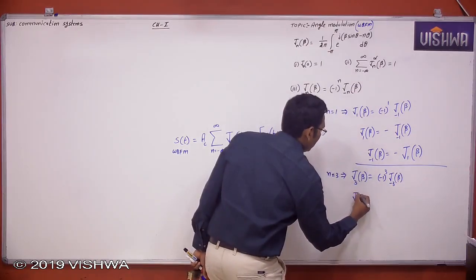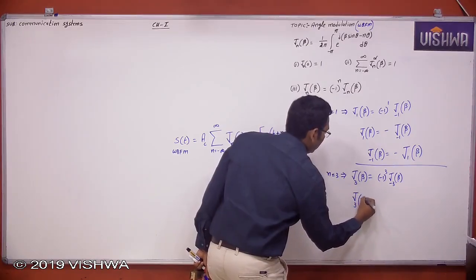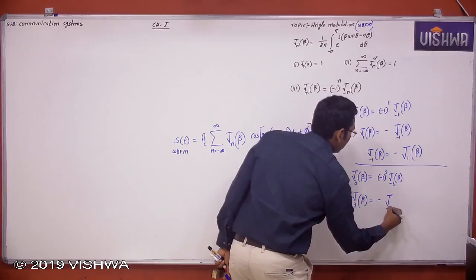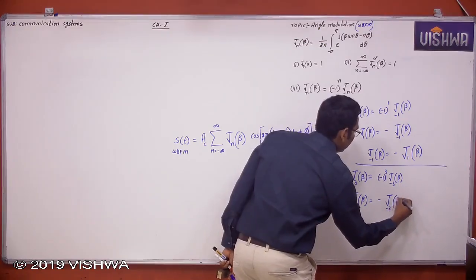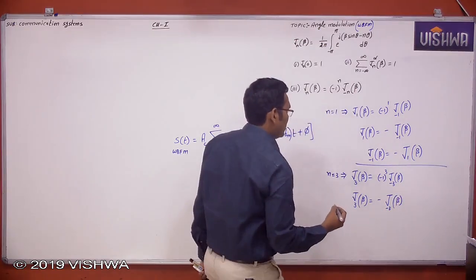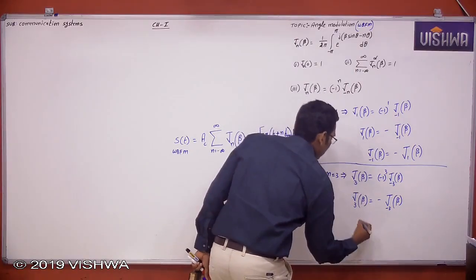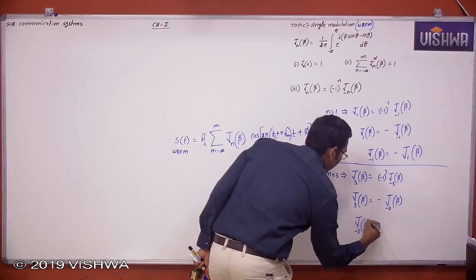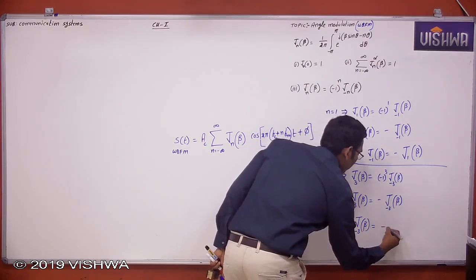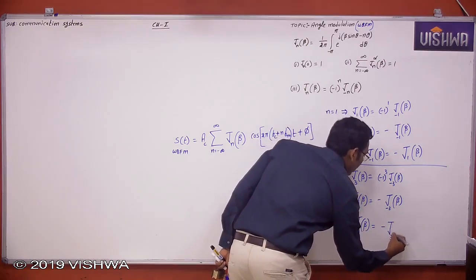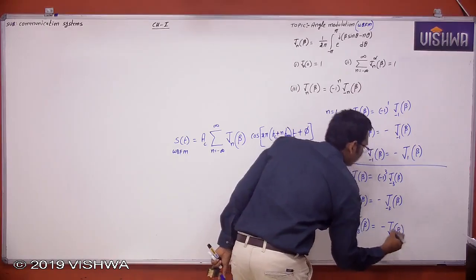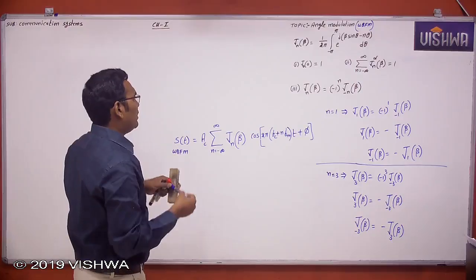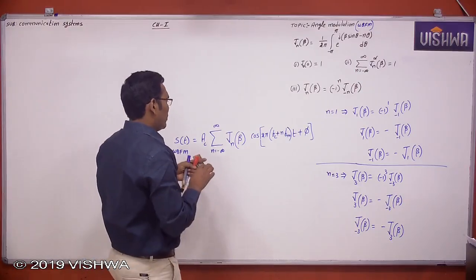So J3 of beta is equal to minus J minus 3 of beta, which is nothing but J minus 3 of beta is minus J3 of beta. So what is the meaning of this? Finally, what we conclude here,